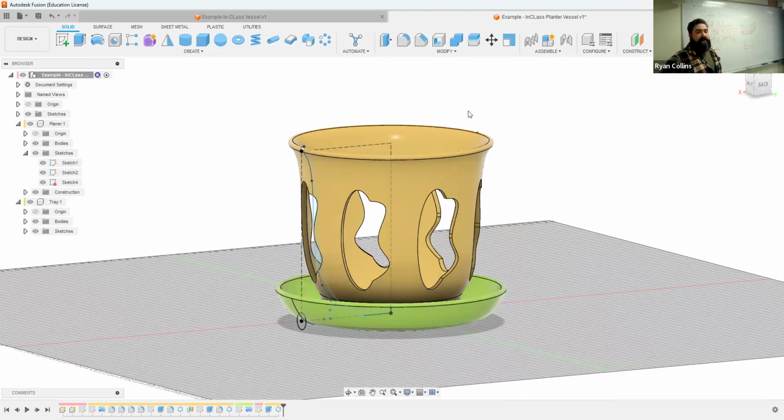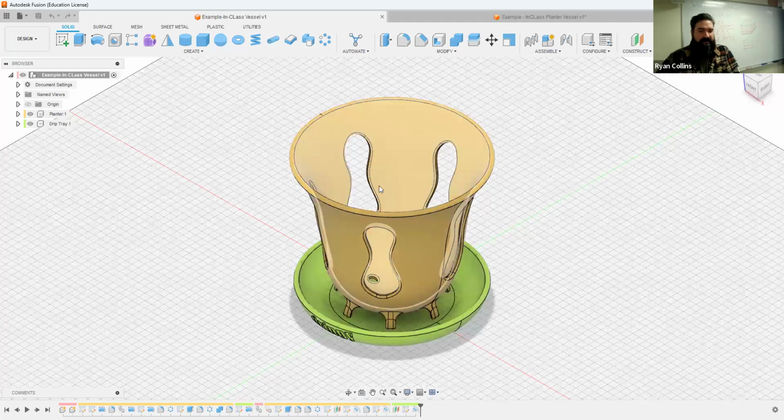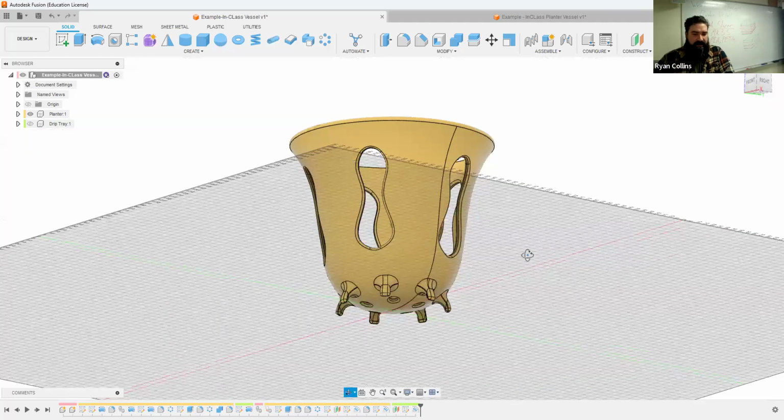So there you go. Pretty simple. Slightly more complex version, doing the same thing. I used the same sort of ideas to make the holes in the sides. This one, let me hide one of the components. I used